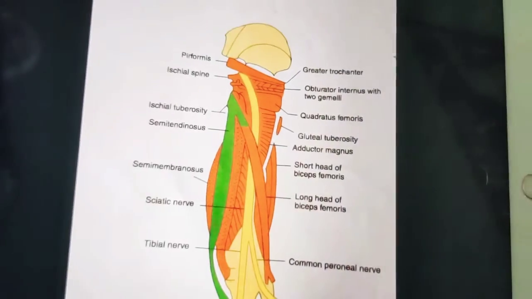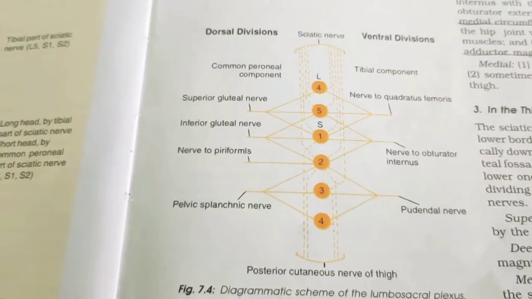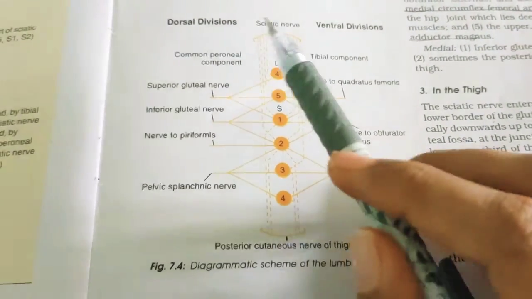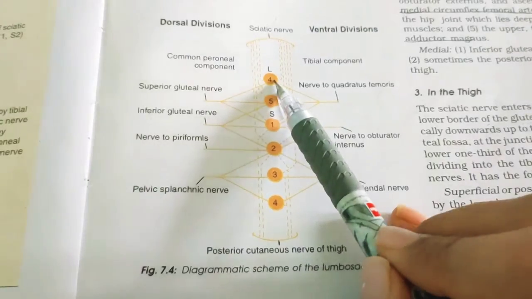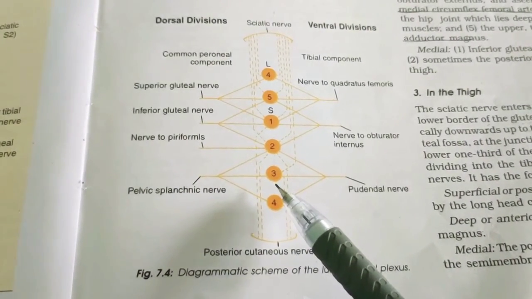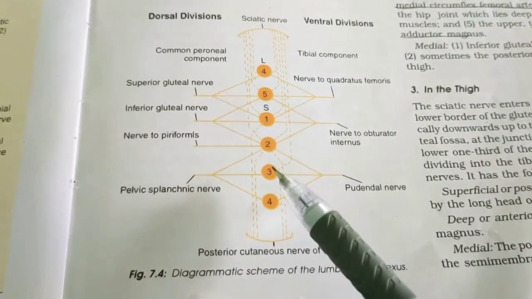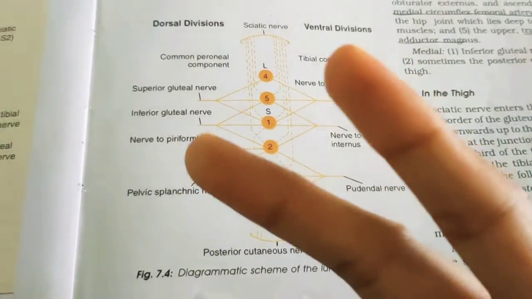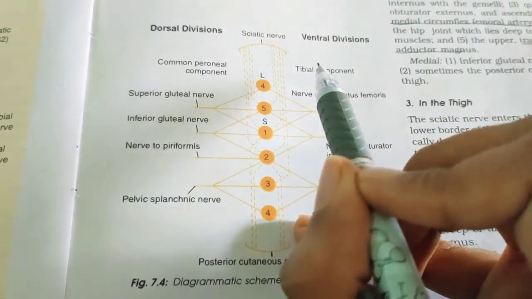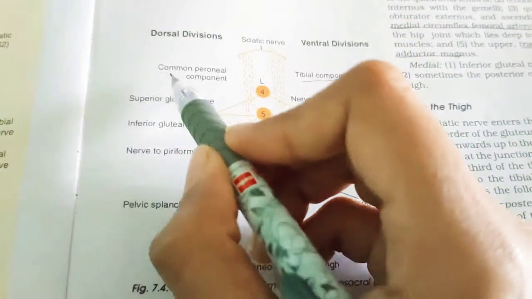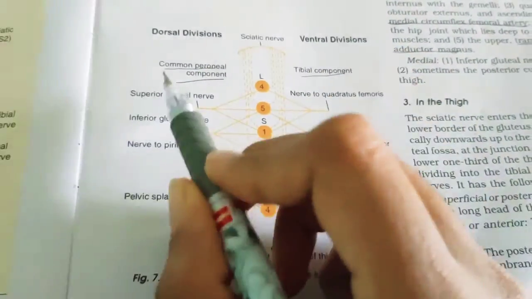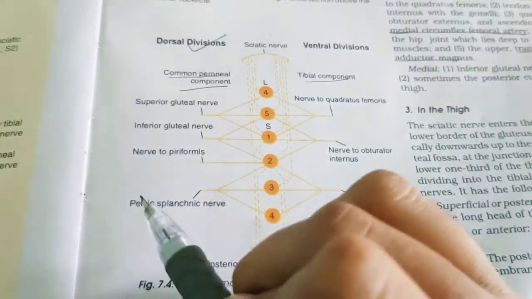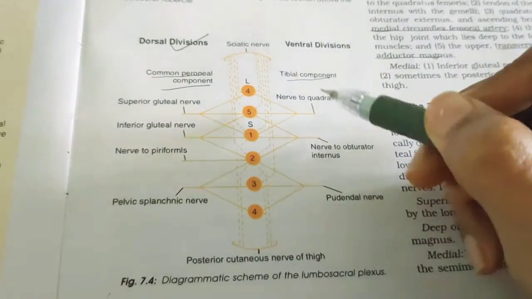Actually, I will show that plexus and we'll try to understand it. Here you can see this diagram. This is the lumbosacral plexus. As I said, the sciatic nerve is formed from L4 to S3, which is its root value. It is the largest branch of the sacral plexus, made up of two parts. This is the tibial component, and this is the common peroneal component. On the common peroneal side are the dorsal divisions, and on the tibial component side are all the